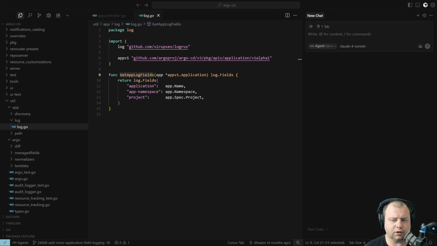Hello, I wanted to talk about using Cursor and LLM to do some small to medium sized tasks, which include some understanding of the code base, doing things by analogy, generating some boilerplate, and also how to guide it. So I picked up a task, let me talk about it, where in Argo CD open source project, there's a